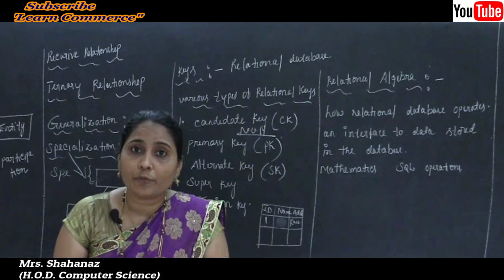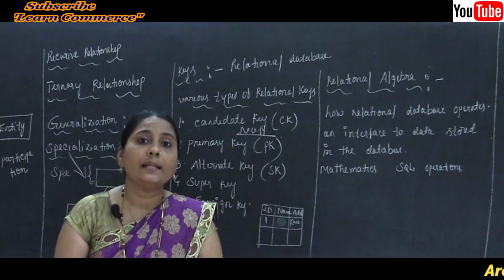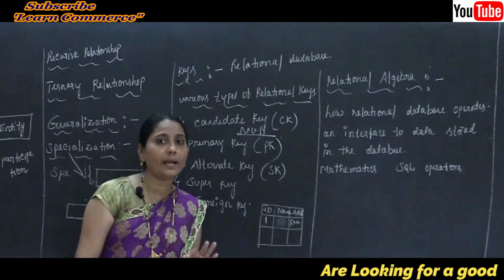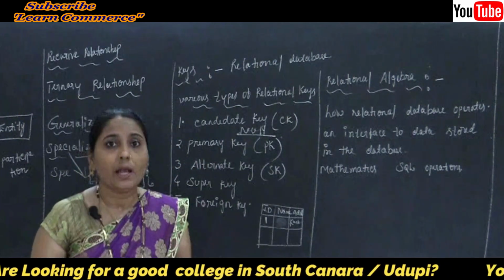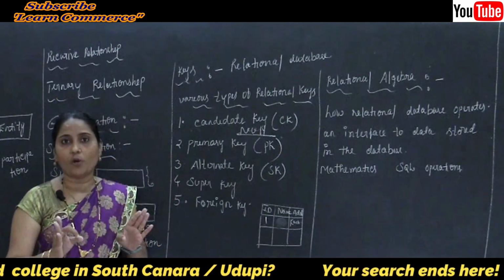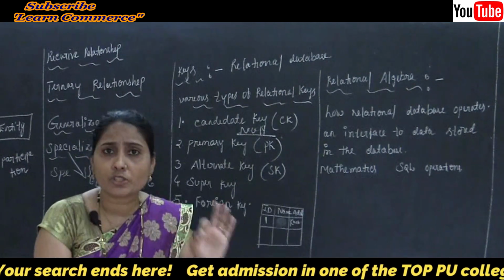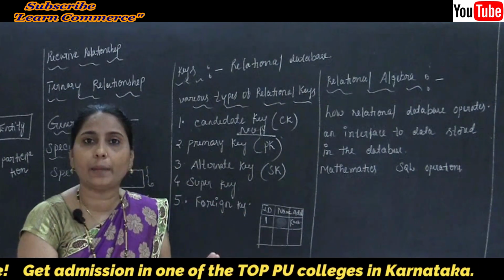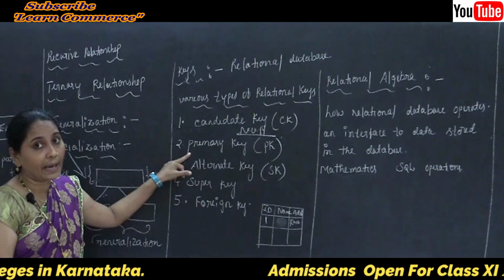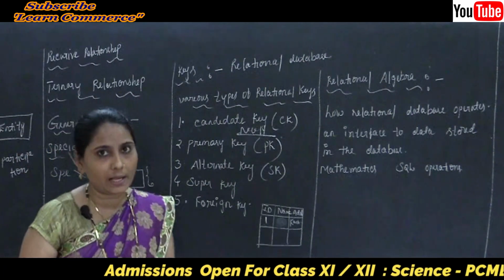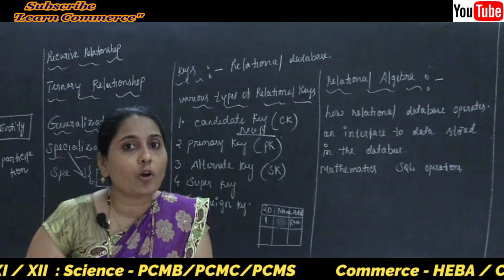And the primary key, if you are selecting a column as a primary key, that means it is the most appropriate to become the main key of the table. That means it is the most important key of the table. It is the first column of the table and the most important to become the main key of the table also. That is called the primary key. For one more question, we can write the answer for the primary key as: the primary key is a key that uniquely identifies each record in a table.